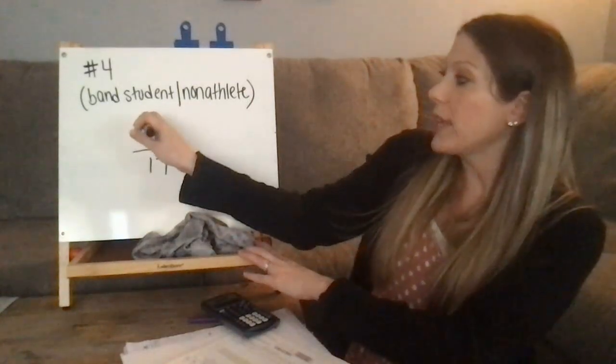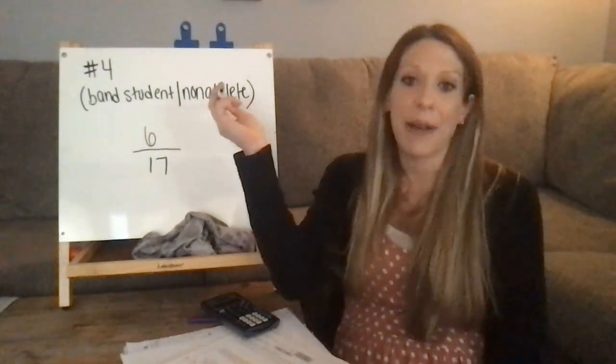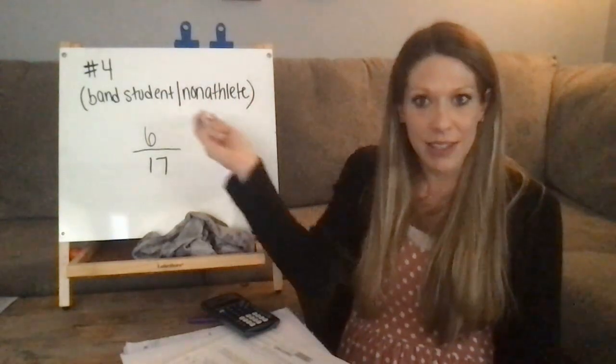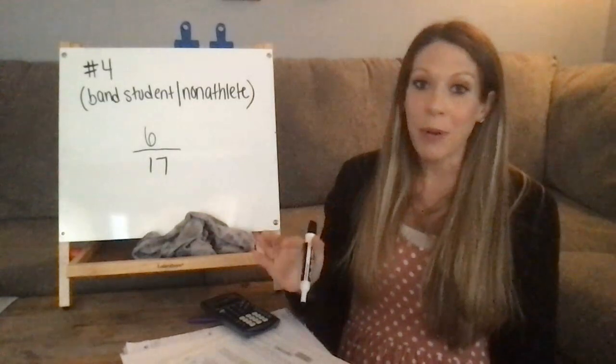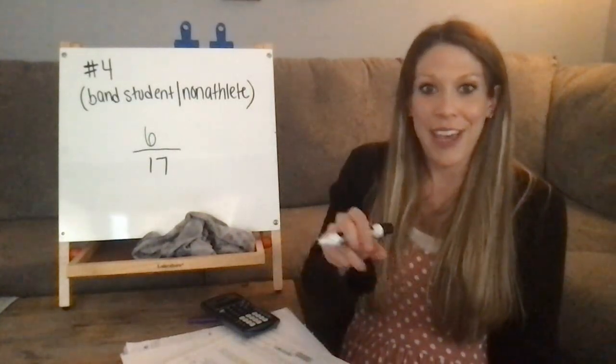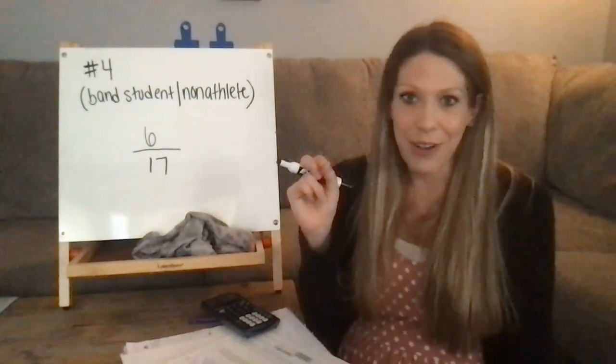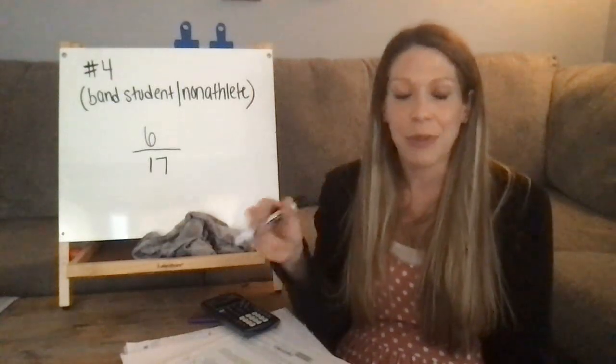And again, we only care about the non-athletes because that's the given that we were given to work with. So our probability of drawing a band student out of all of the non-athletes in the class would be 6